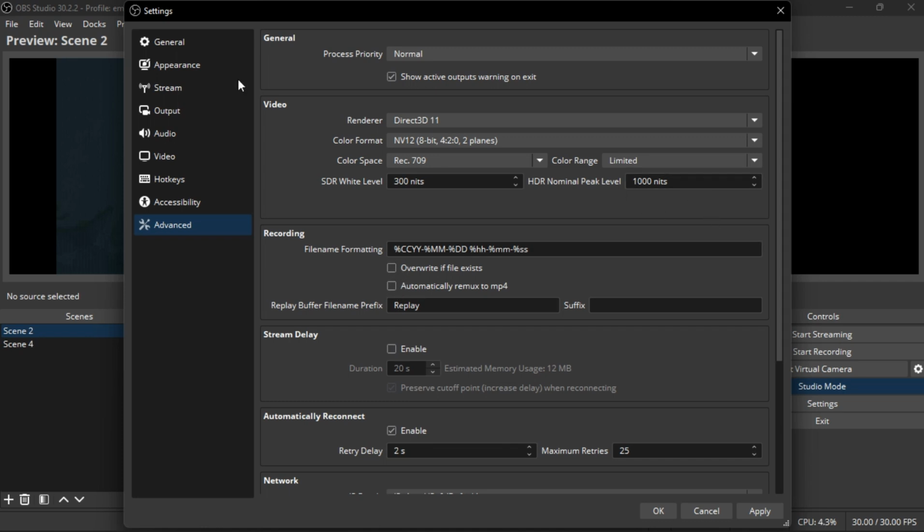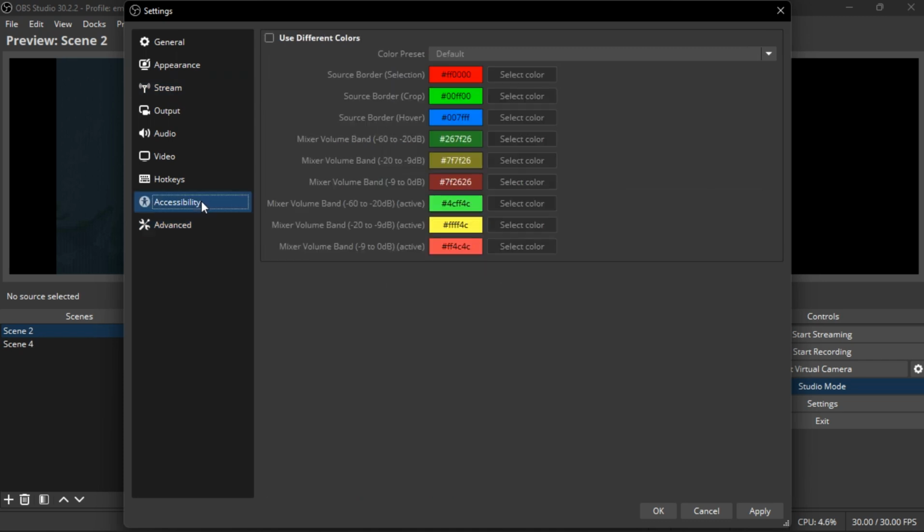Now for the rendering, you want to leave all these settings the same except you know what you're doing. Now the next part is the accessibility, where you have the opportunity to configure the colors on OBS the way you like. Now you could configure the source border, the source crop and whatever. Now for me, I don't want to configure anything because I'm okay with the color, so I'm going to leave